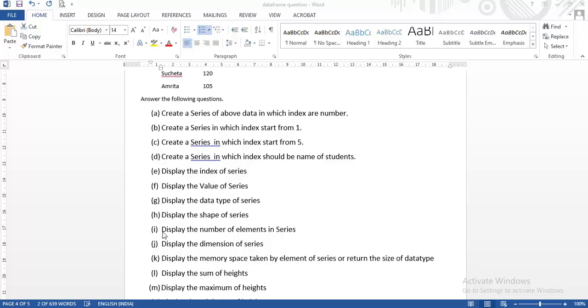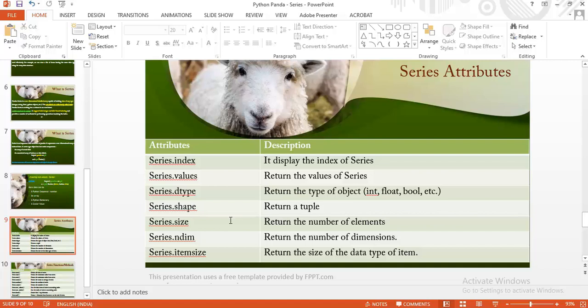Okay, so now let's come to the question number I. It is saying display the number of elements in a series. If we want to see the number of elements in a series, then we have the attribute series.size, which returns the number of elements.